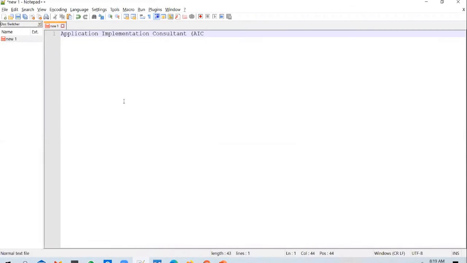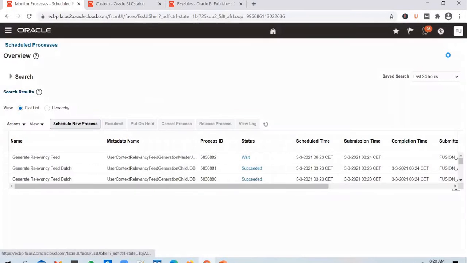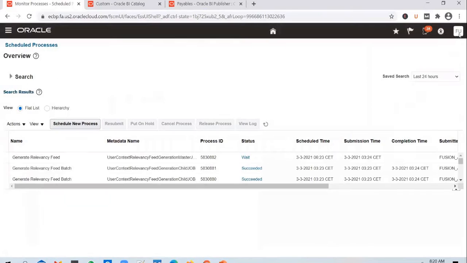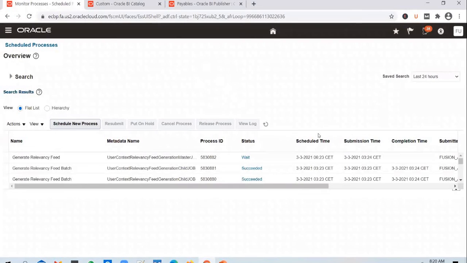It's an AIC role. So it's like a superpower role. This AIC role will give you access to all the ESS jobs, and it will also give you access to this administration screen. So since this user has got AIC role, we can submit any job that exists in the application.